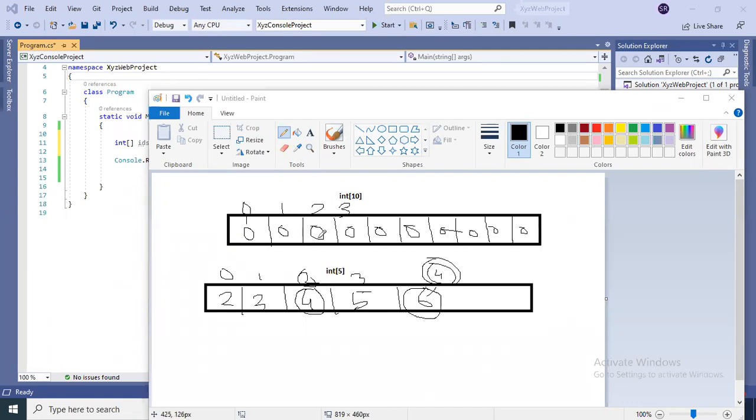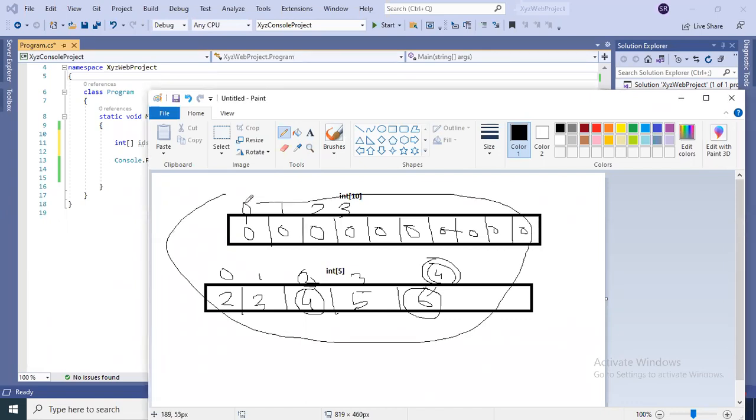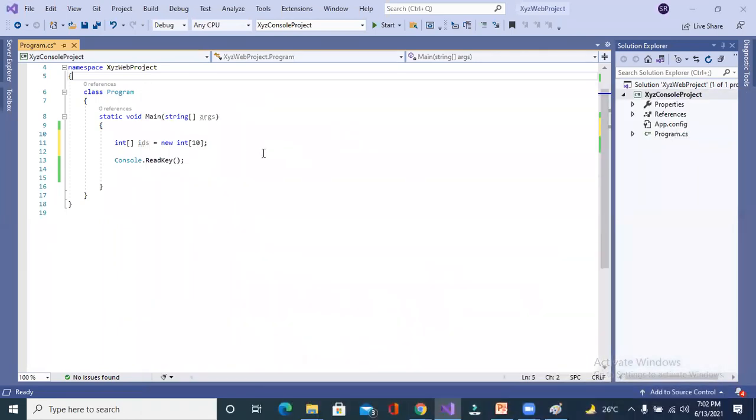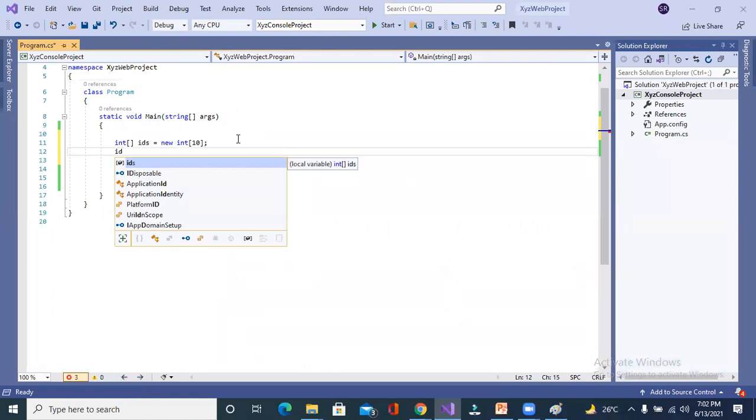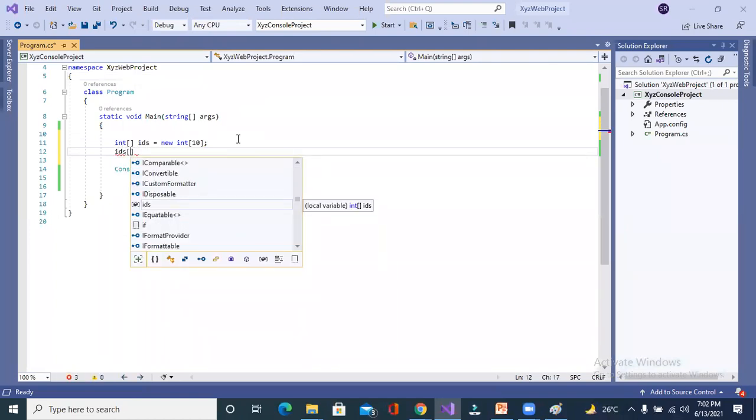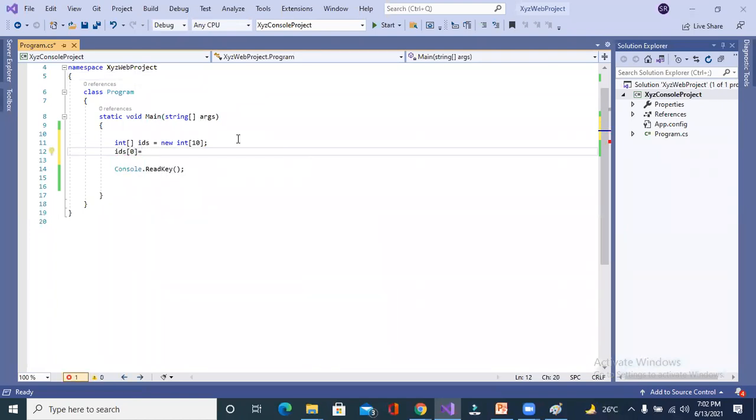So this is the concept of an array, right? What I am going to do first, I will use IDs, the name of the variable, and use index 0 to store the value, like I stored 12. Did you get this point? What I am doing here, I initialize the value.